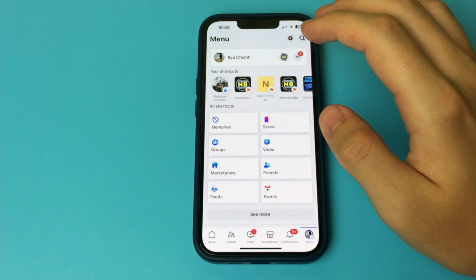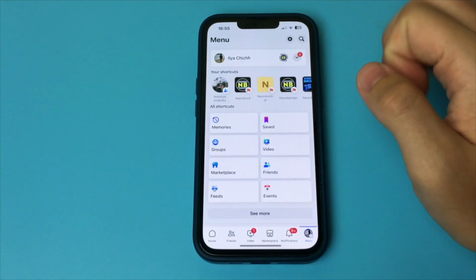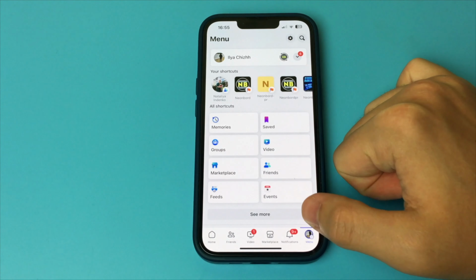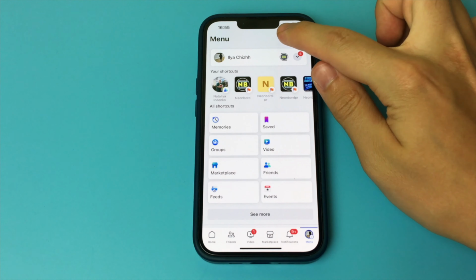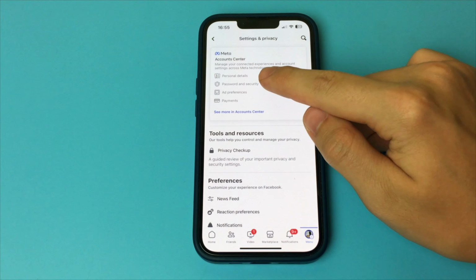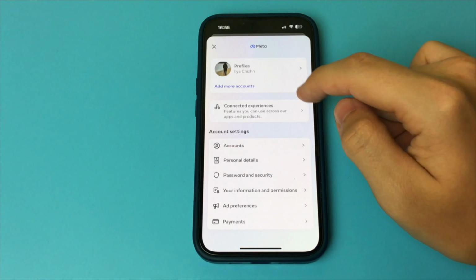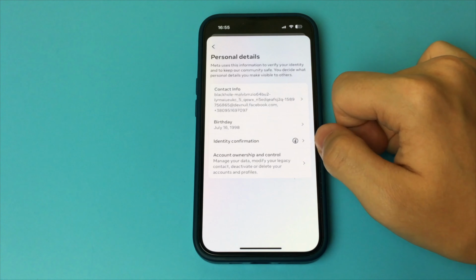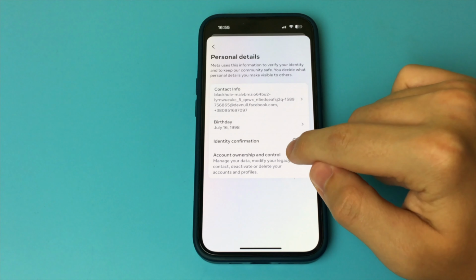Thank you. In this video, I want to show and tell you how to deactivate your Facebook account. That is to delete it temporarily, keeping all of our data. You can freeze your account. No one can see it, but after a while you can bring it back with all your data. This method is different from completely deleting your account, and you can use it if you want to hide your account for a while. To do this, we go into the Facebook application.